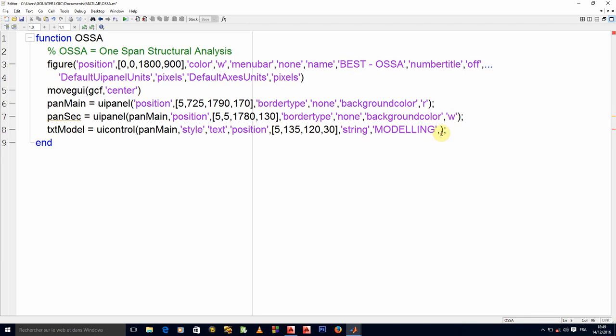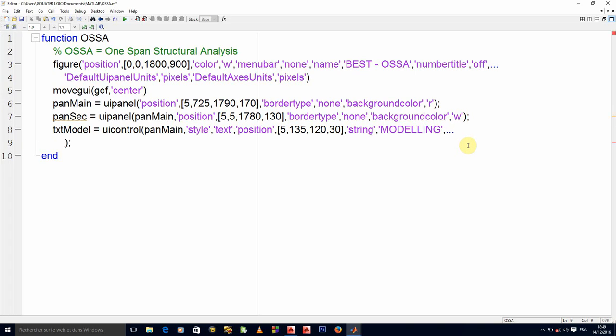The background color is too long, I don't like writing it too much, so let's just put it on the next line. The background color of this text has to be the same as the background color of the secondary panel, so it has to be equal to that.